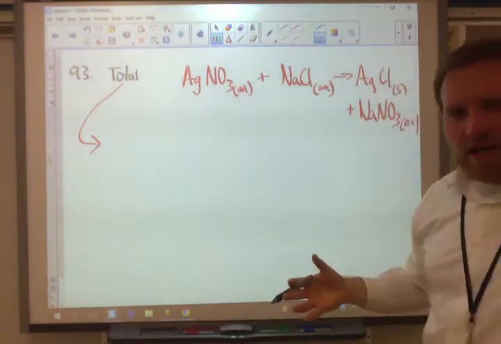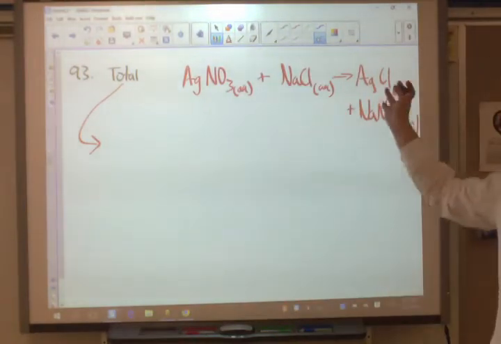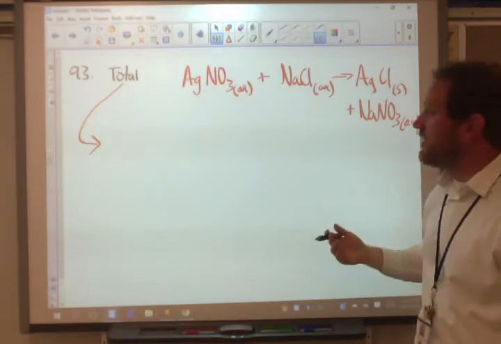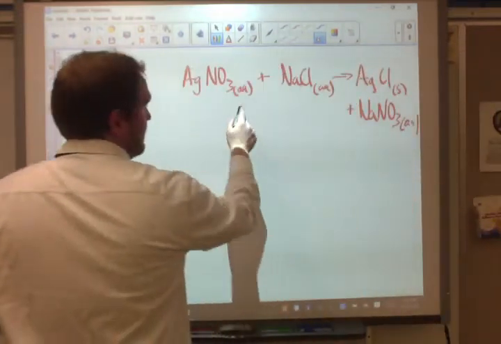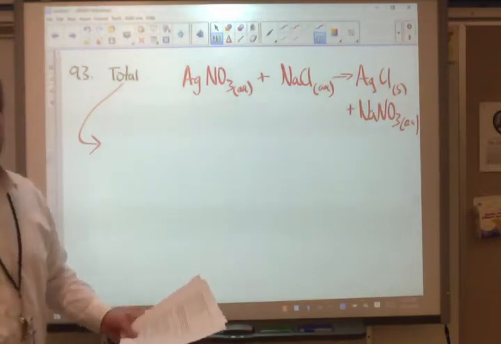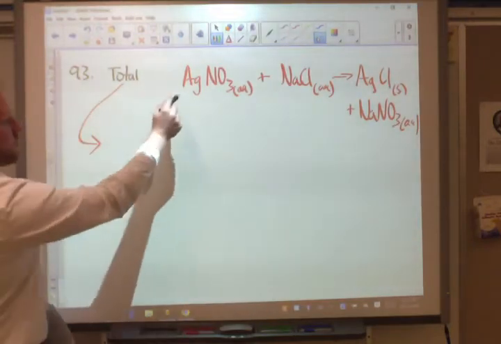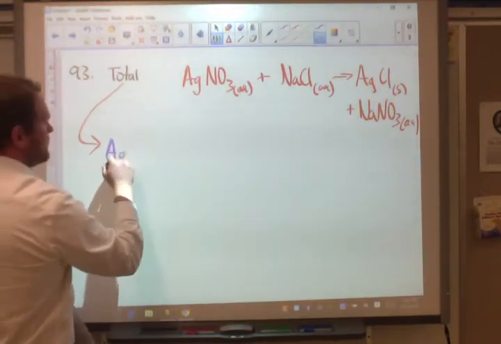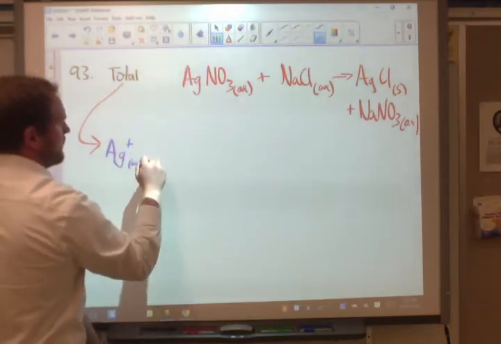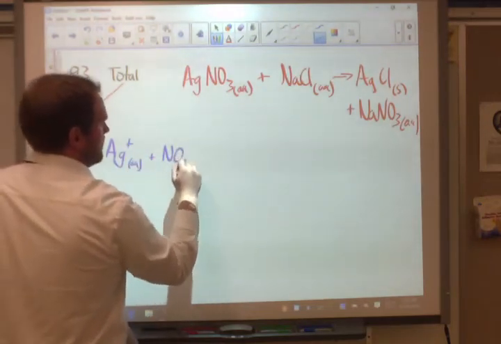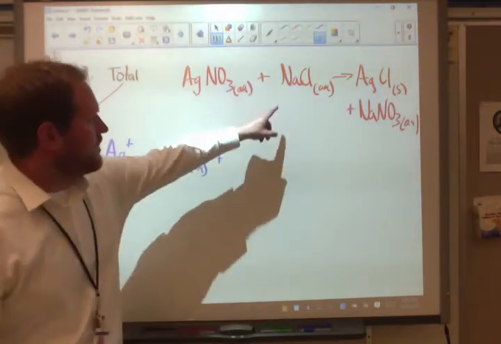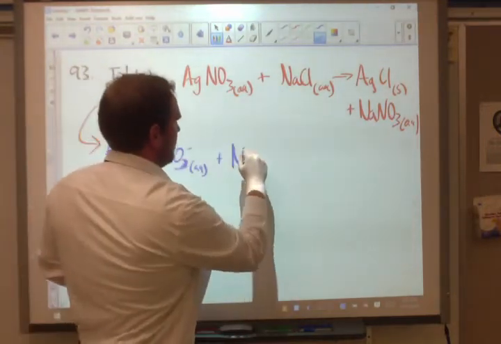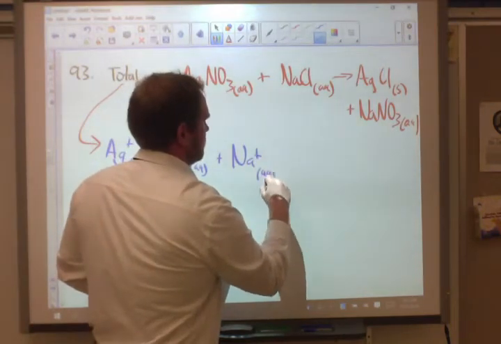We're going to break all the ions up. We're going to keep all the coefficients, which in this case they're all just ones. And we're going to include charges on ions. We're going to include state symbols. Anytime something's aqueous, it's just going to break up into two aqueous ions. So AgNO3 aqueous really means Ag+ aqueous plus NO3- aqueous, plus NaCl aqueous is just Na+ aqueous